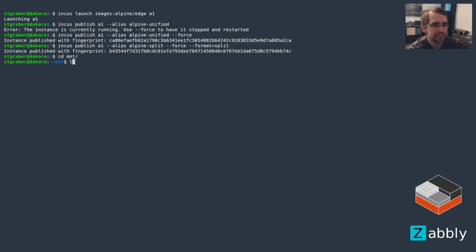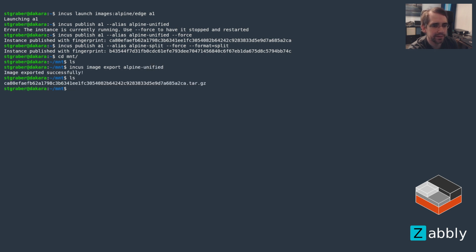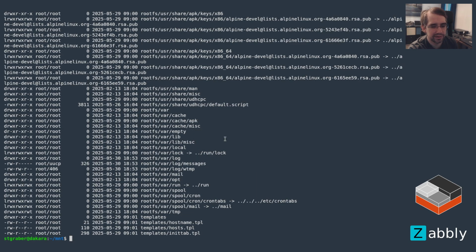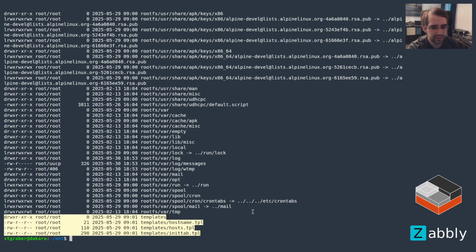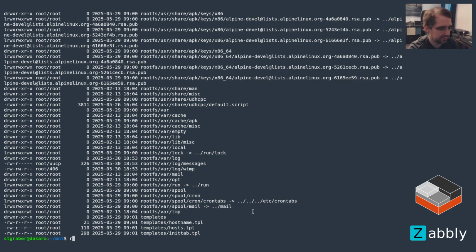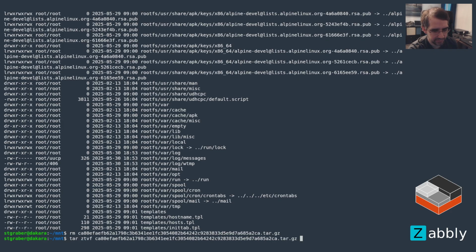okay, just go in a random empty directory, and then we export the first image. So we export Alpine Unified. We can see a single file, which includes the root file system, but then the other files are separate within the same tarball. Now, if we do